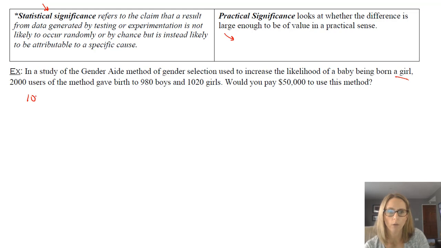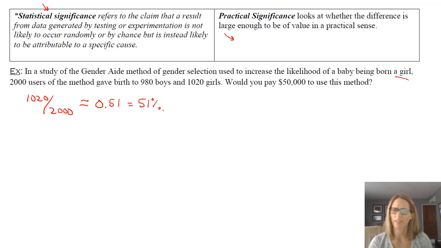So you say, okay, well, they did this thing, and this is the fraction, also known as a proportion, of girls that came out from this method. And then when you do it and you look at it, you might say, well, that's 0.51, which is 51%. And you might think, well, I'm a rational thinking human being, and I should have a 50-50 shot of having a certain gender if I was to attempt to have a child. And so 51, not so much. Not so much of an increase.